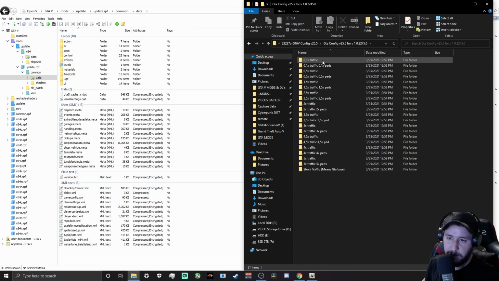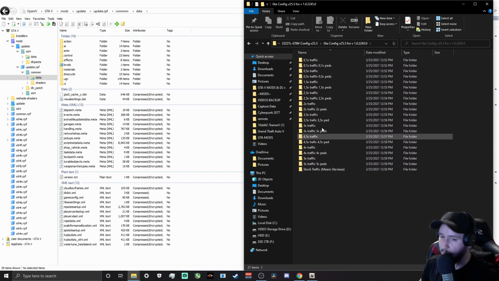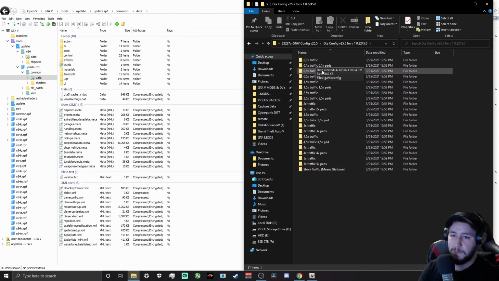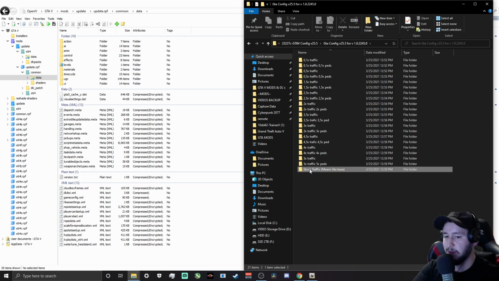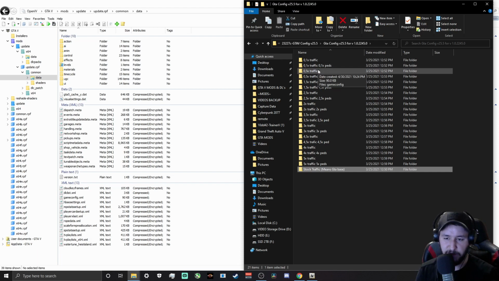Click on the top one. Now, you're going to have a lot of options here. Don't be scared of that. Basically, what this is, is traffic density and ped density and stuff. If you want more traffic and a higher amount of peds and different things loaded into your game,